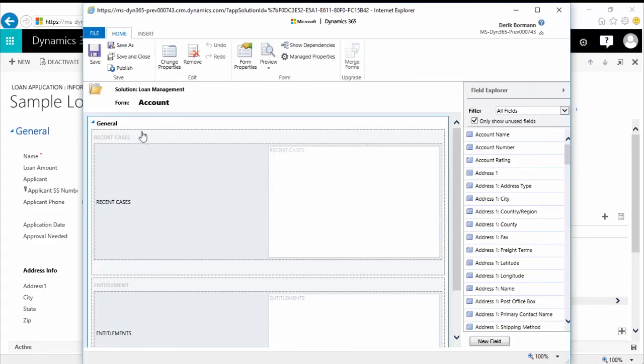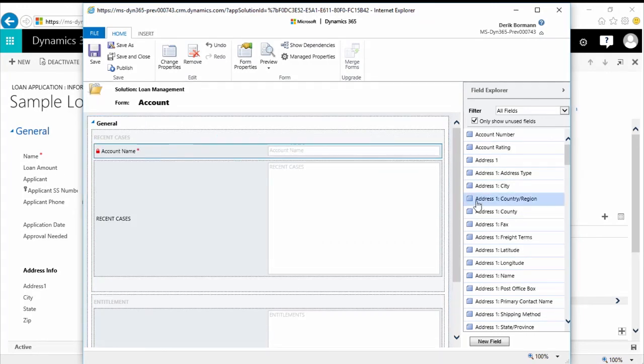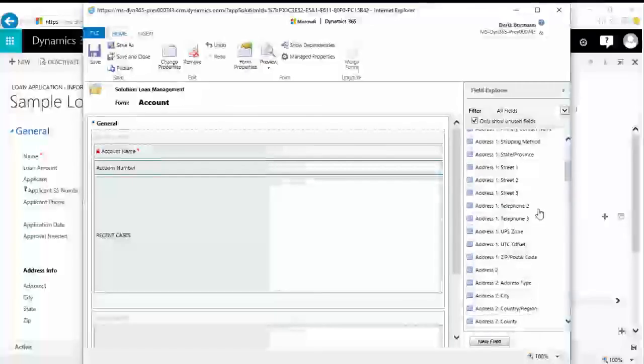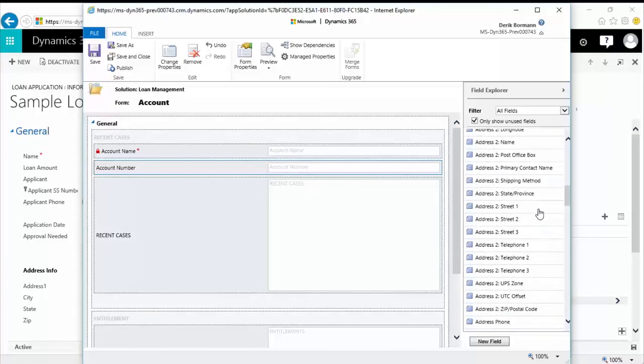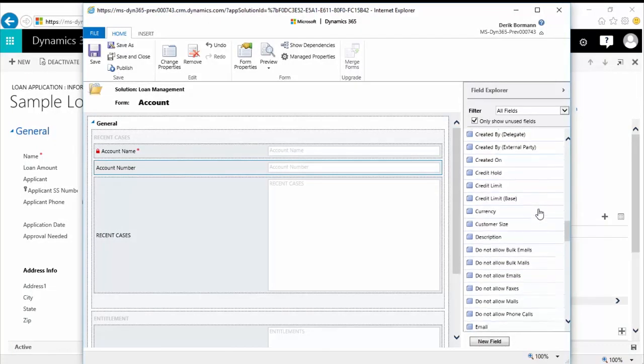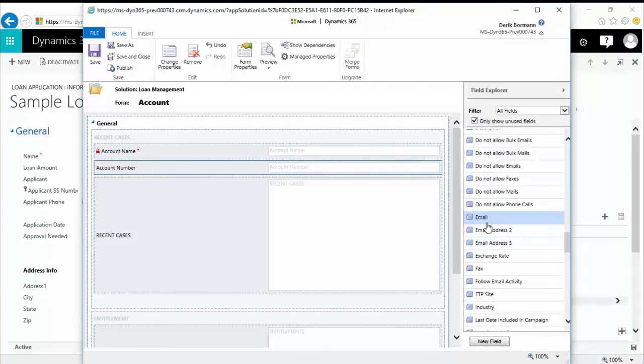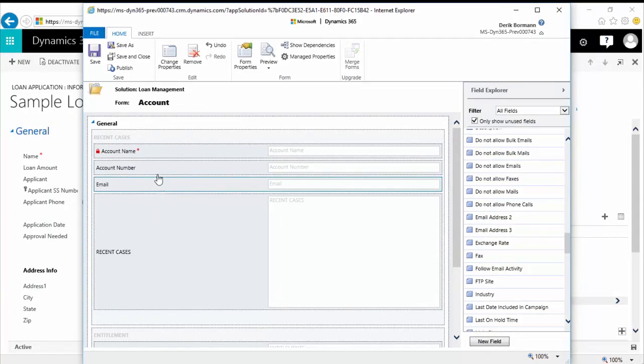If I wanted to, I could come into here and add additional fields to this. So I could add maybe the account name, the account number, and then maybe the email address. Now, if I save and close this, or save this and then publish this,